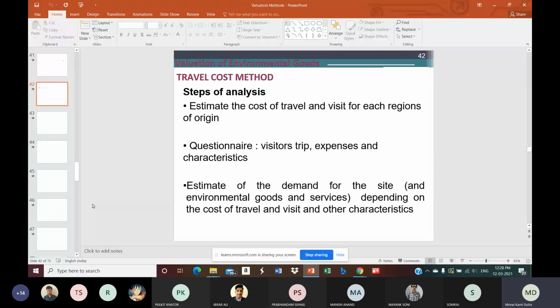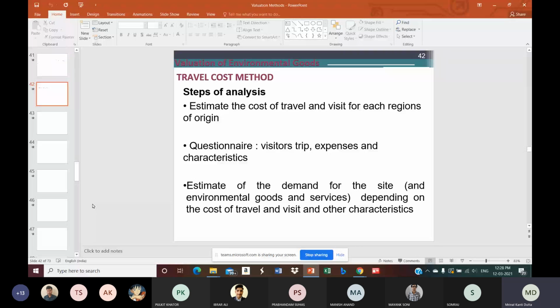Of course, let me tell you that there are ways of carrying out this travel cost method. Basically, there are two distinctions. One is the zonal travel cost method, in which case we rely on secondary data. But additionally, there is another method, which is known as the individual travel cost method. In the case of the individual travel cost method, individual visitors are interviewed using schedules or questionnaires, and visitors will be asked questions on many different aspects. So individual interviewing has to be carried out here.